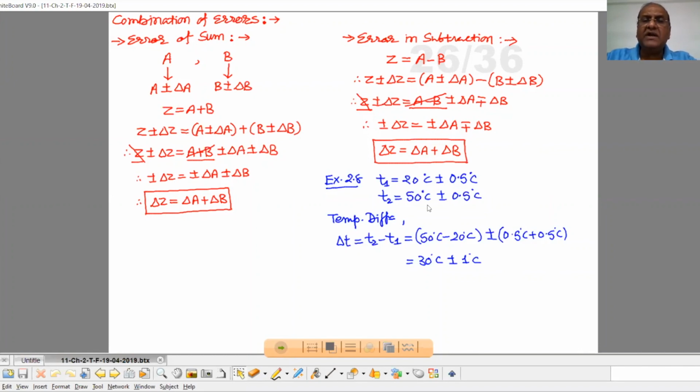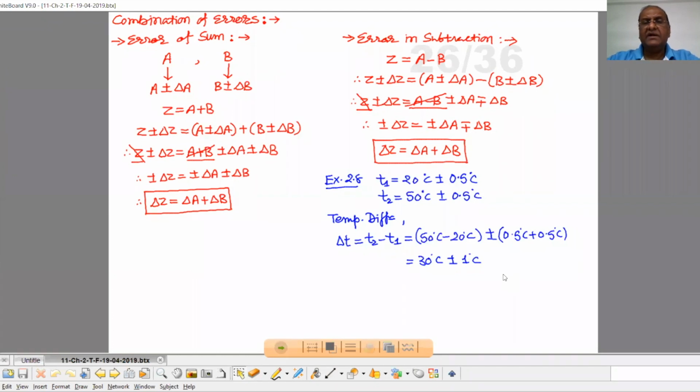temperatures T1 and T2 are given to you with absolute errors, and we want to find the temperature difference. So temperature difference delta T is equal to T2 minus T1 equal to 50 degrees Celsius minus 20 degrees Celsius, means we have to take the difference of true value to true value. So 50 degrees Celsius minus 20 degrees Celsius will give you the true value for the difference of this